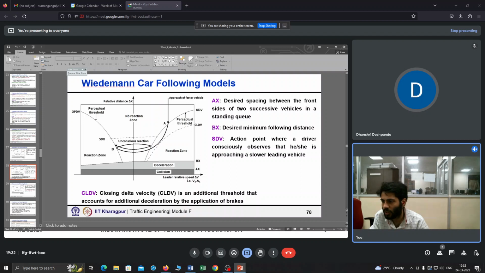BX is the desired minimum following distance. So if it is less than that, then only it will react, otherwise it won't react. So that makes sense. And action point, a driver consciously observes that he is approaching a slower leading vehicle. So if your SDV is crossed, then only